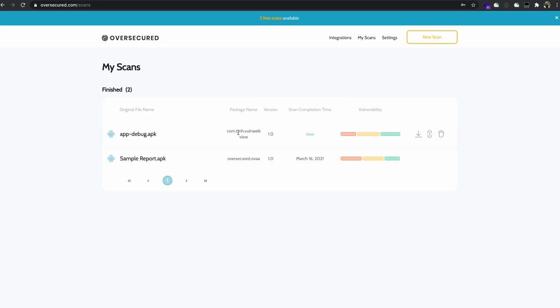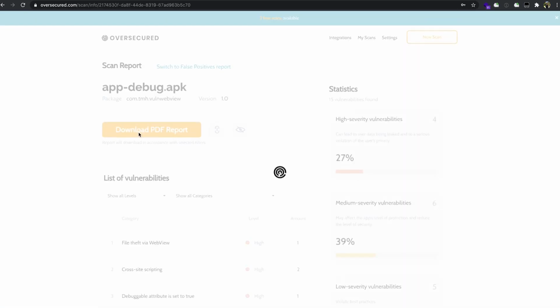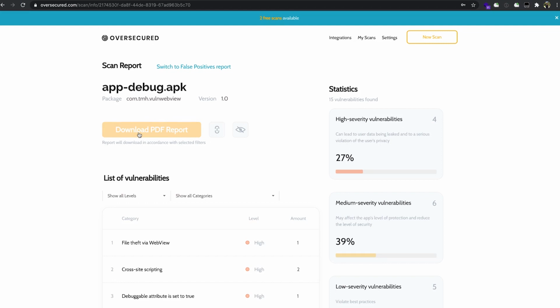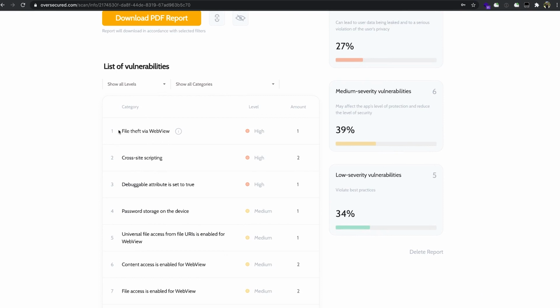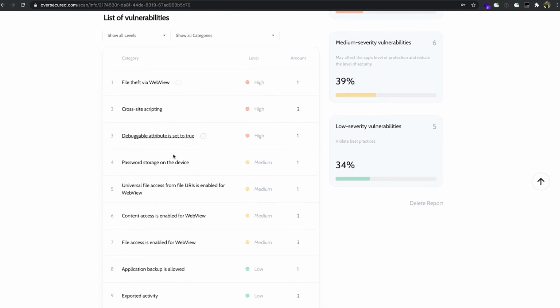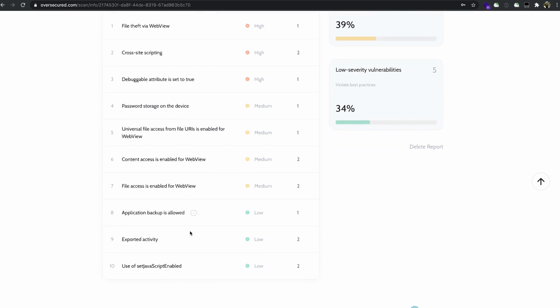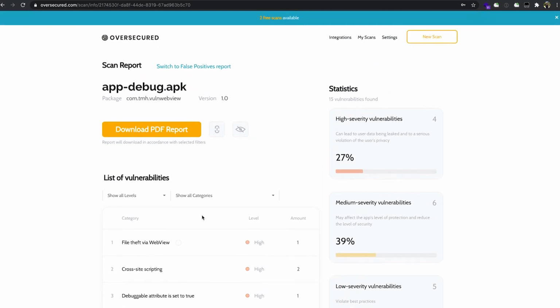The application has finished scanning, so let's open up and see what the report looks like. You can see that all the bugs that we discovered, file theft via web view, universal file access from file URIs, and set JavaScript enabled, and all of that has been mentioned over here.